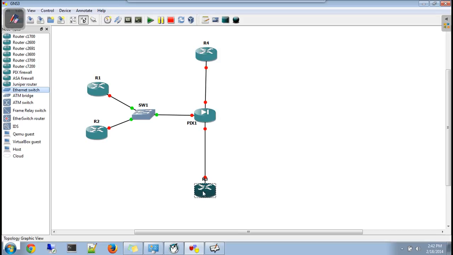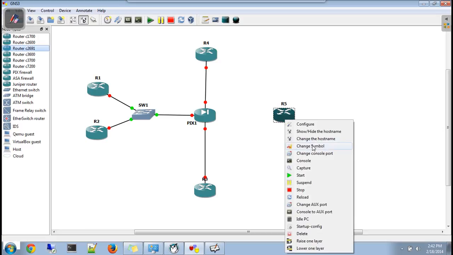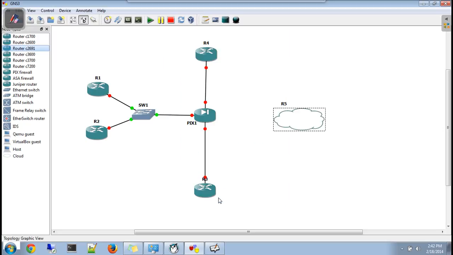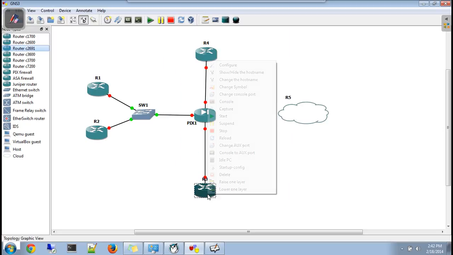Then I'll take one more router which I'll simulate as the internet. So this is the internet, I'll change the symbol. This is your internet, and these are your DMZ.